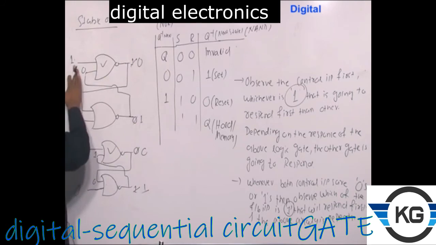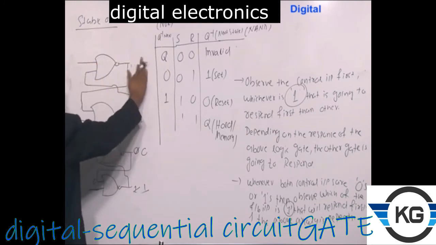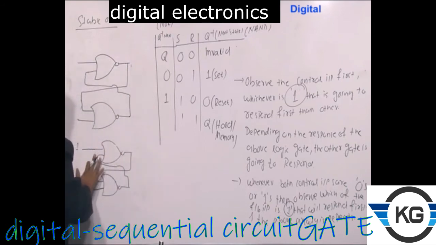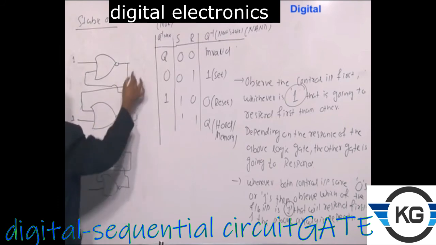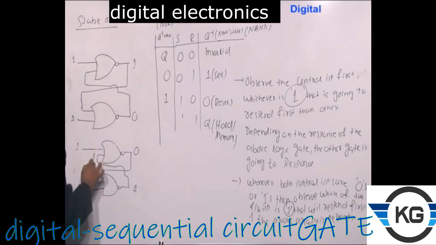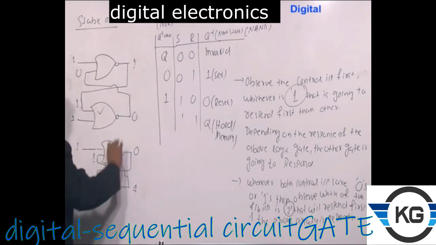So now let us see the last thing. So this is 1 1, 1 1 means this also 1 1. Assume that this is 0, this is 1. Assume that this is 1, this is 0. So 0 1, 1 0. So come to the third statement. When both the control inputs are 1, you have to observe the feedback. But here we have to see which of the feedback input is 1. So here this is, here this is.